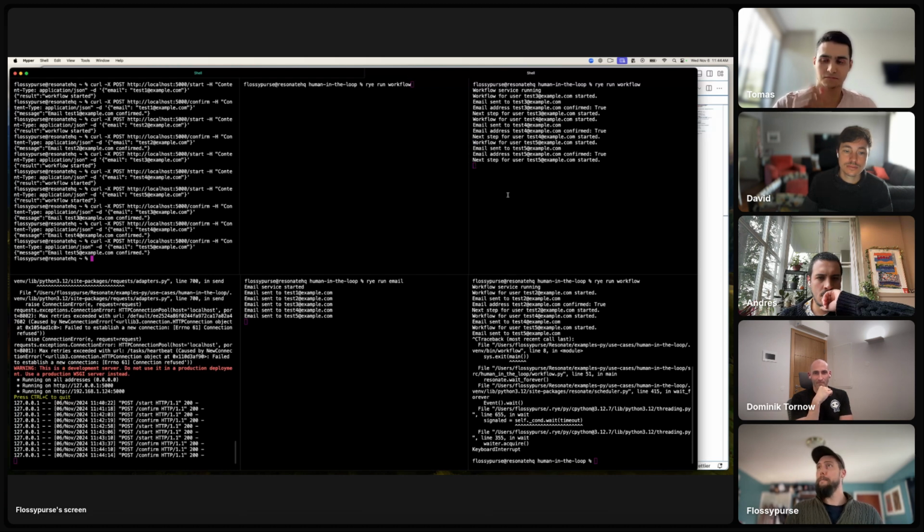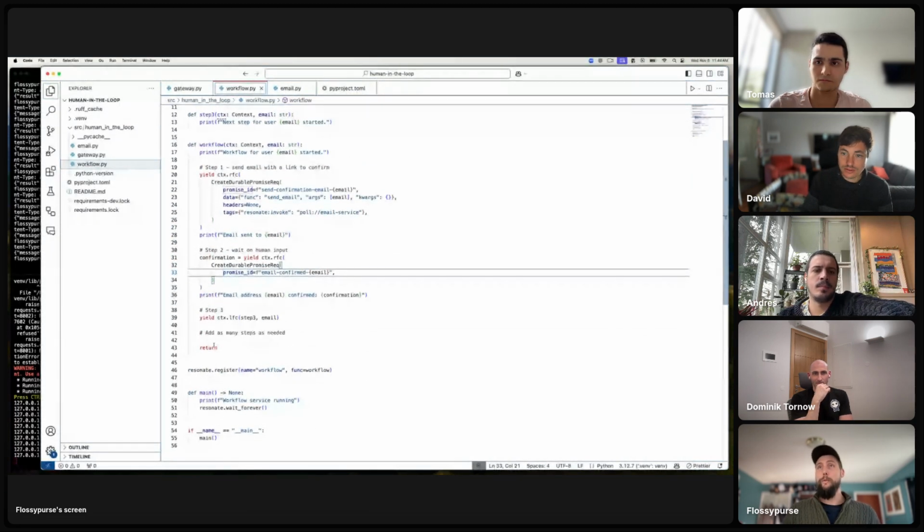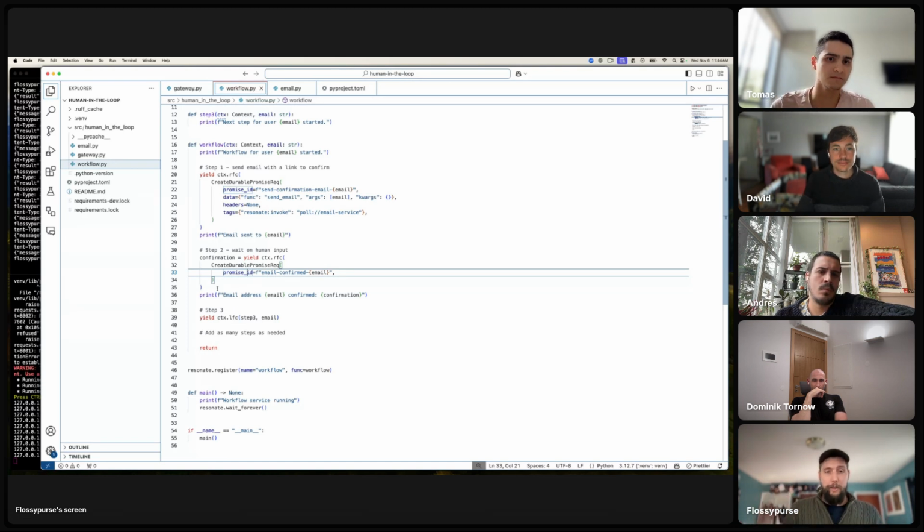All done. So yeah, I think that's a really common use case we see, right? With humans in the loop and solving for that and being able to just write a sequence in a single function and know that at any point this could suspend indefinitely and be brought back up and resume or recover on a completely different application node, even with a human in the loop.